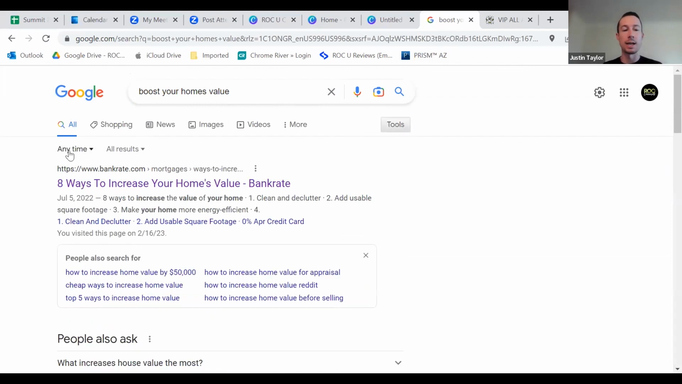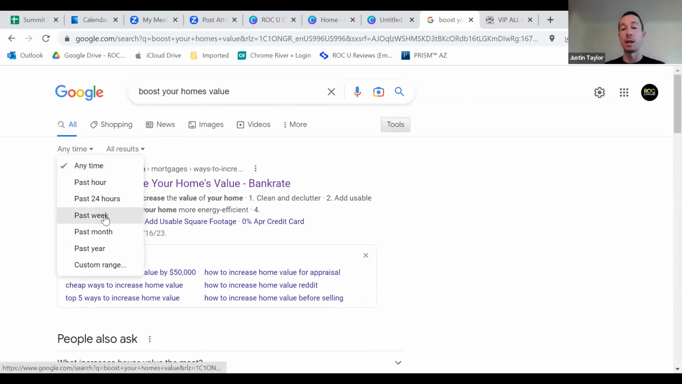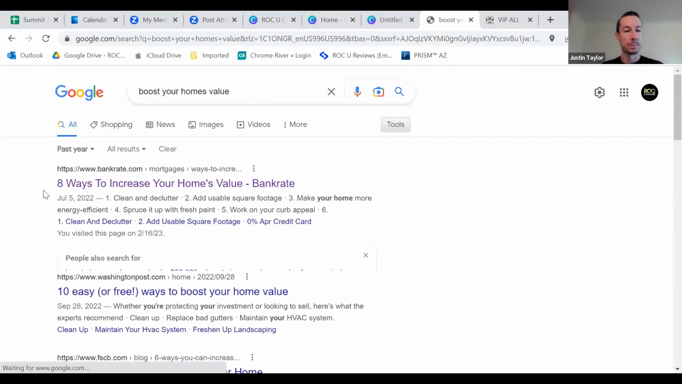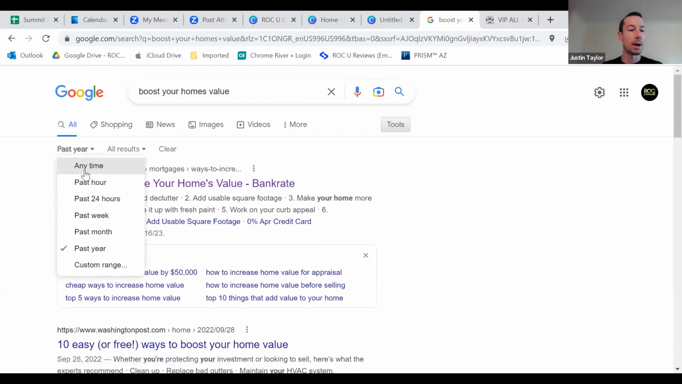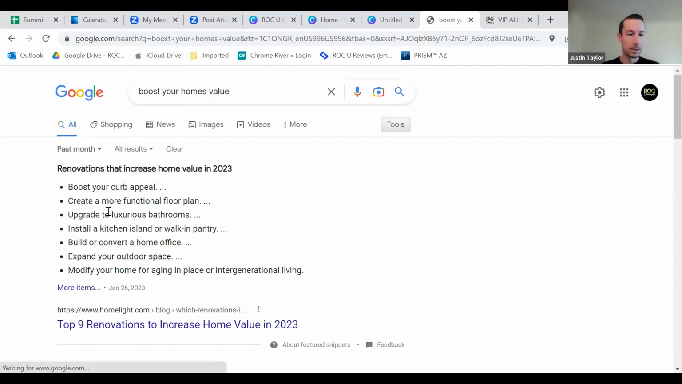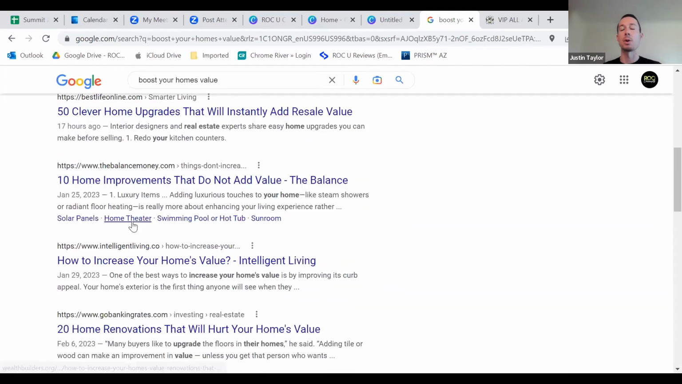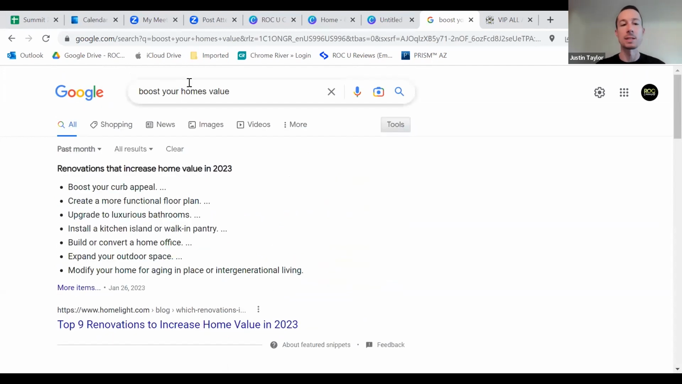So when I click tools, it by default says anytime. I can click that and say, you know, you want really relevant, most recent content. So I'm going to choose past year. Okay, and then these are all done within the last year. Now, maybe I want to do past month, and I'd see everything that was posted in the last 30 days based on that search. Okay, so kind of a cool tool for you guys to be able to make sure the content you're posting